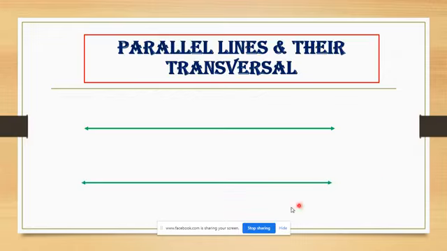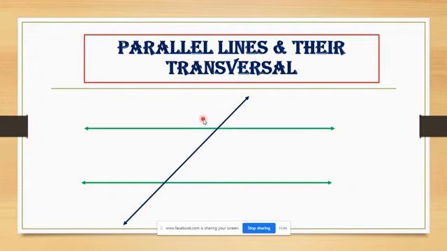But see, suppose this is line X and this is line Y. We can see the distance between two is always the same, but if this is line Z and it is not parallel to the given one, but it is intersecting these given parallel lines, so this is a transversal. Suppose this is line X and this is line Z. We know X and Z are intersecting lines, but X and Y are parallel and Z is intersecting both lines,